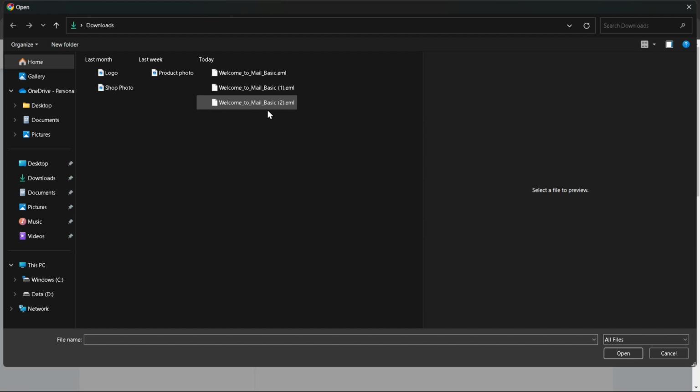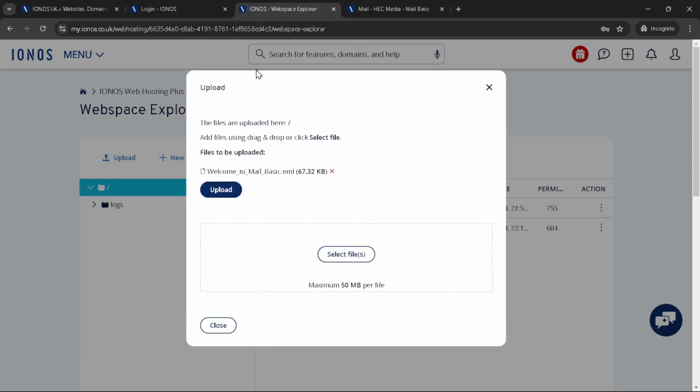A couple of tips before we wrap up. Make sure all your files are named correctly, especially your homepage file, which should typically be named index.html, to ensure your website displays correctly when visited. Also, keep your login credentials secure and handy for future website updates.